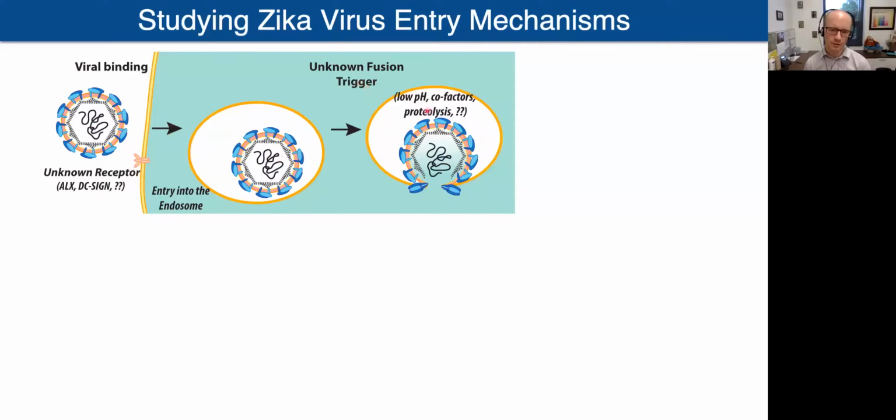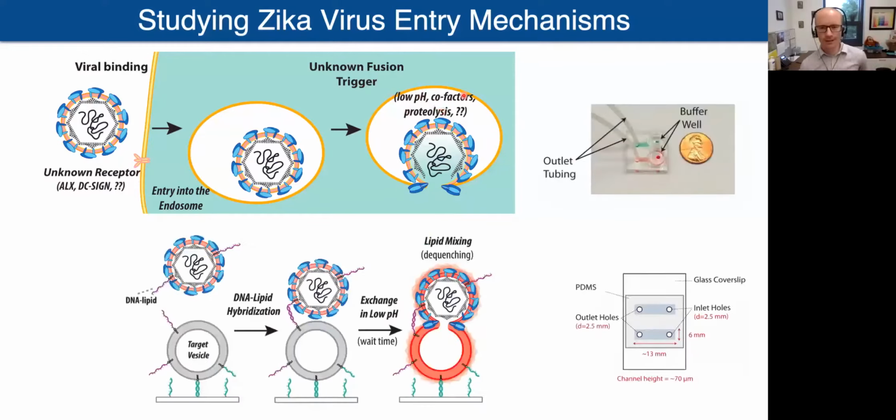For other flaviviruses, the trigger could include low pH, just like for SARS-CoV-2. It could include proteases that chop it up a little bit, also like SARS-CoV-2. And there's also been evidence that it could include cofactors such as negatively charged lipids in the endosome membrane. So our question is, which of any of these factors might be true for Zika virus? And the first thing that we examined was low pH.